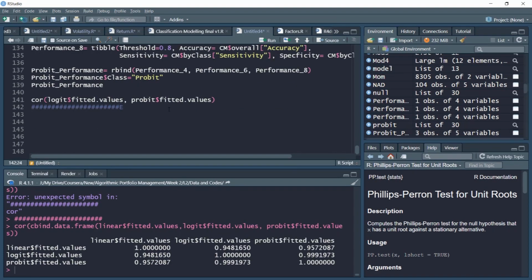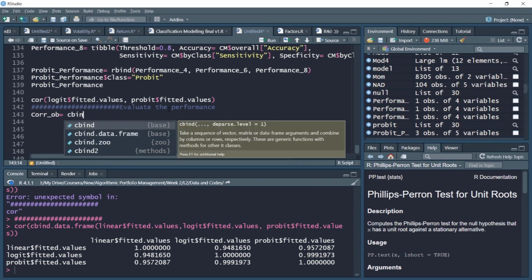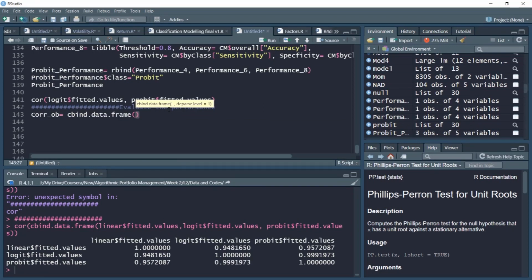In this video, we'll evaluate the performance of the Logit, probit and linear algorithms by computing the correlation between them and also through visualization. We'll first compute the correlation, and for that let's create the correlation object. The correlation object is simply a cbind. We'll compute the data frame, which will include